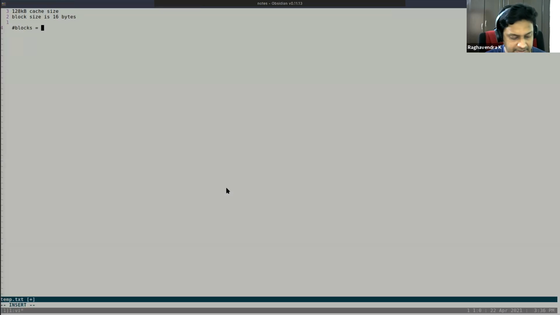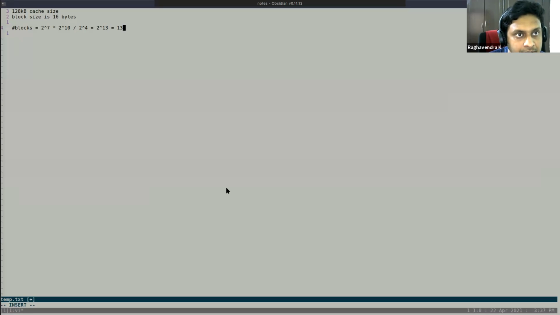The cache size is 2 power 7 into 2 power 10, divided by the block size, that is 2 power 4. So it is 17 minus 4, which is 2 power 13.